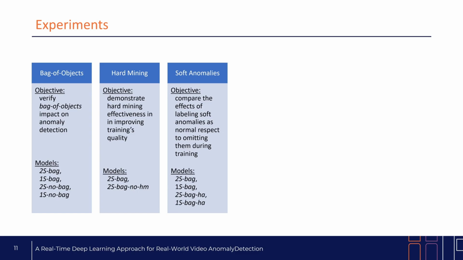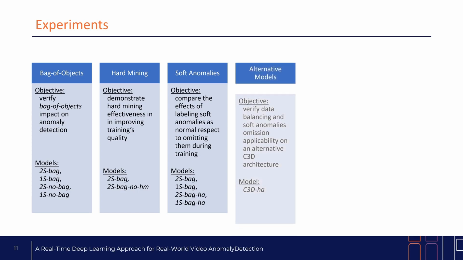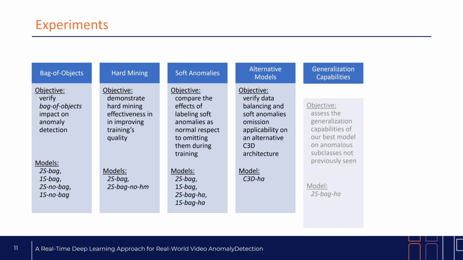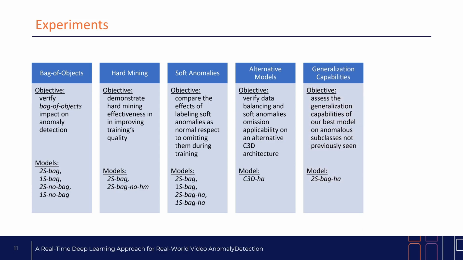We compared 4 models, 2 that label soft anomalies as normal during training and 2 that use only hard anomalies. In our fourth experiment, we verified the data balancing and soft anomalies omission applicability on an alternative C3D architecture. In our fifth experiment, we wanted to assess the generalization capabilities of our best model on anomalous subclasses not previously